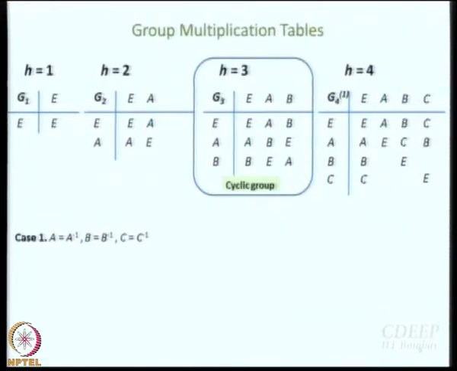A, E, C, B. Next, we can go with this or this. Here, since the last column has only one vacancy, it's easier to fill in. What will it be? A. Very simple. So now, once again, in the third row, only one vacancy is there. What will it be? C. So now, what will the other two elements be? Simple. So we have been able to construct a group multiplication table considering that each element is an inverse of itself. Alright. So it has worked out.